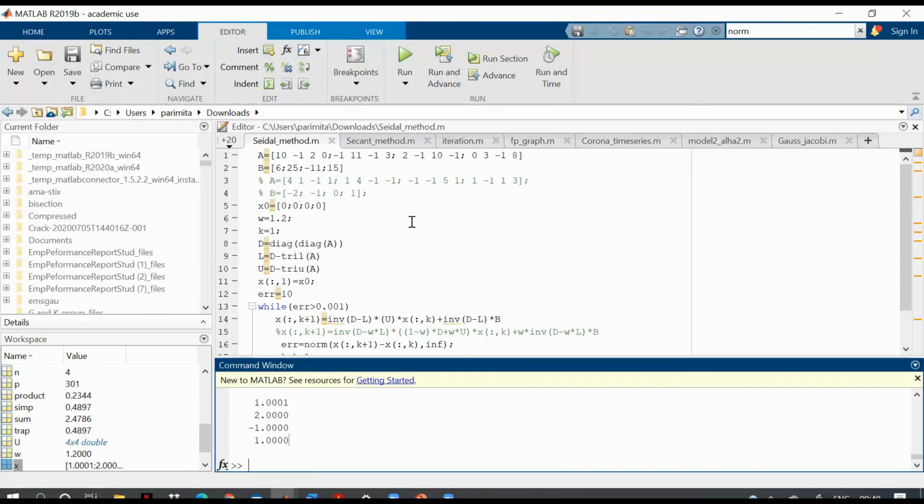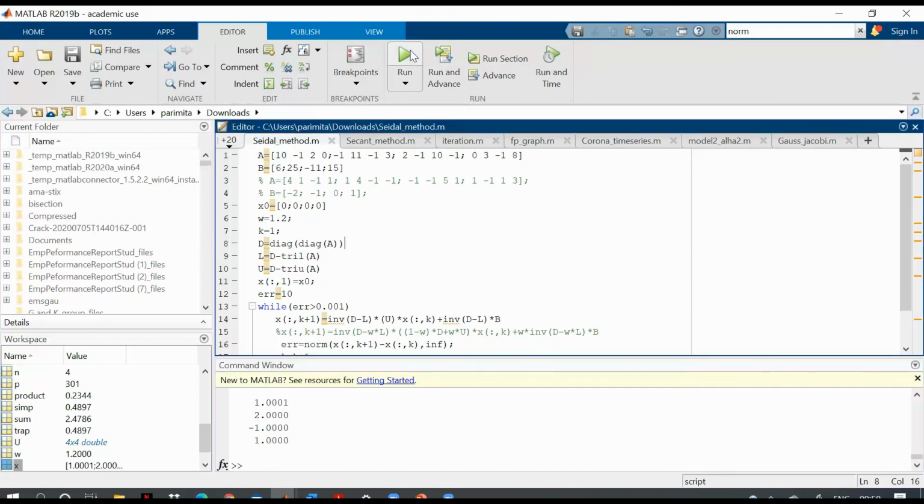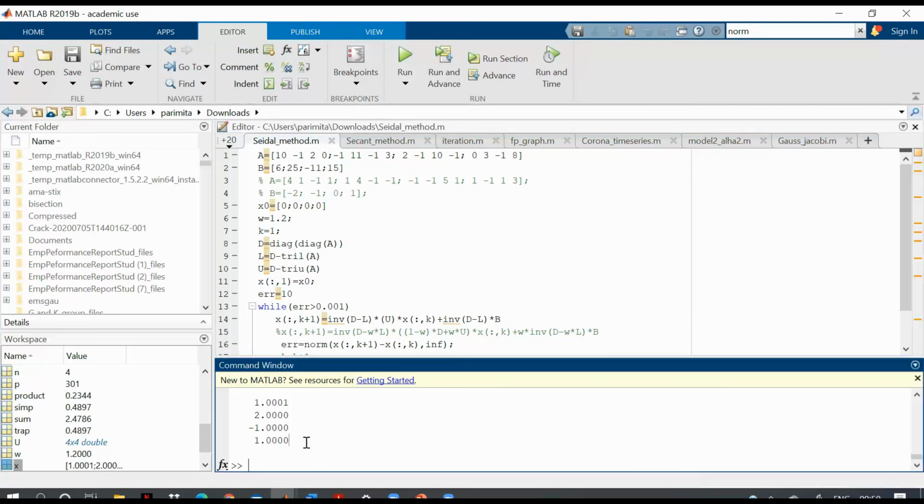Let us now copy paste this program in our MATLAB and run it. I have copy pasted the code in my MATLAB, and then I'll press this run button to execute my program, and I can see that my output is coming out here. You can check it by putting in the equation, or if you want to check whether your result is correct or not, just put A, that is your A matrix, backslash B matrix, and press enter. You will get the exact solution. This is the inbuilt way of finding the solution of the linear system.